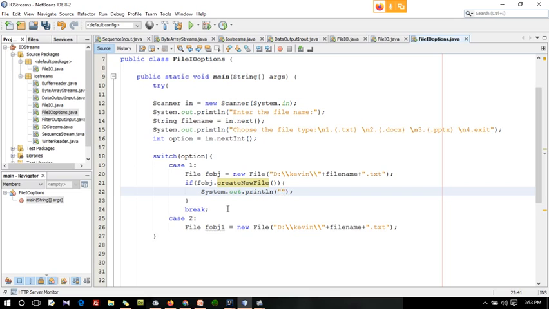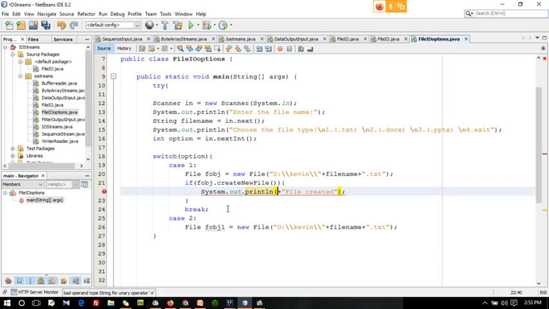But if the object name changes, there will be some problem. That is why after this object creation I am specifying create new file here itself. Understood? Okay.